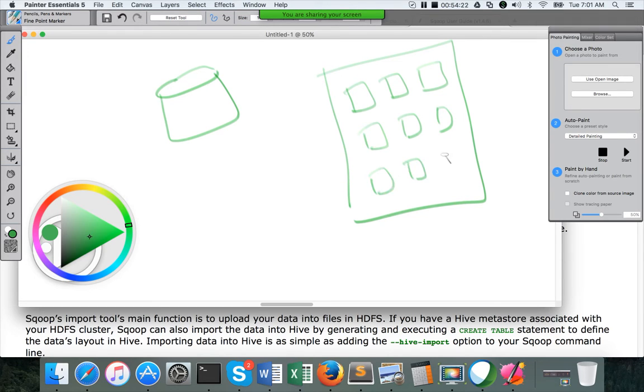Here the databases are logical in the Hadoop cluster.